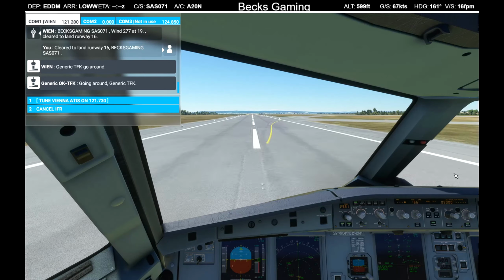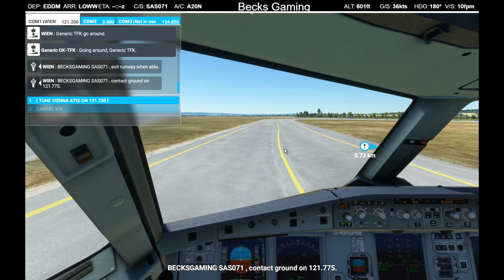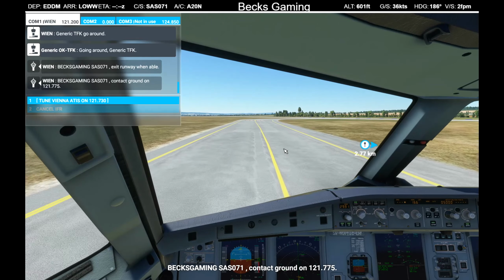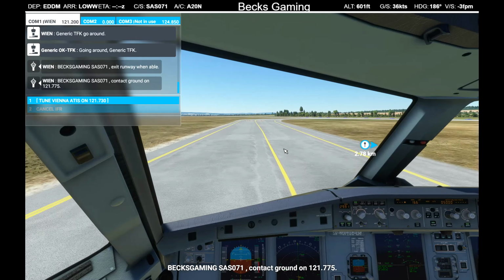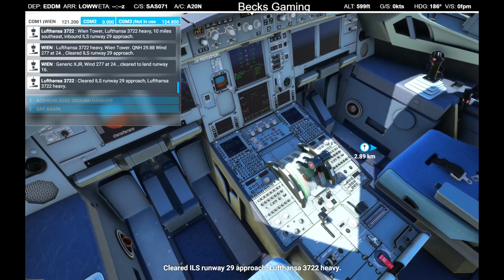Vex Gaming Sierra Alpha Sierra 071 exit runway when able. Yep. Vex Gaming Sierra Alpha Sierra 071 contact ground on 121.775. Bean Let Tower me come Lufthansa to a 372 stop. heavy 10 miles southeast inbound ILS runway 29er approach. Lufthansa 372 heavy Bean Tower. QNH 29er decimal 88 wind 277 at 24. Cleared ILS runway 29er approach. Generic X-ray Juliet Romeo Ground wind handoff. 277 at Let's 24. clean this up. Runway 16. Cleared ILS runway You gotta be 29er kidding me, approach. shut up. Lufthansa 372 heavy